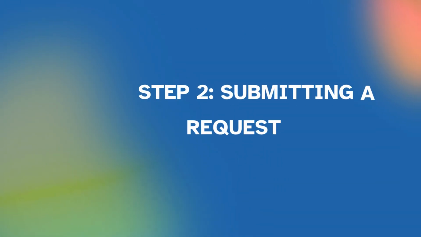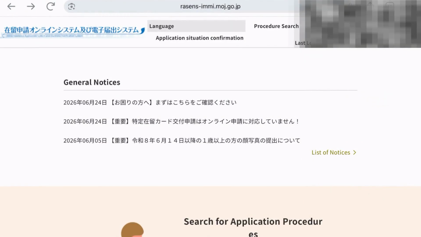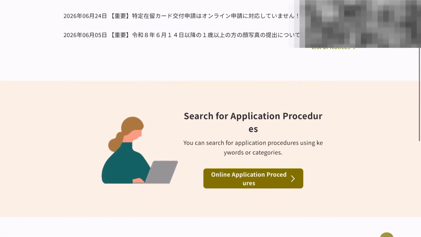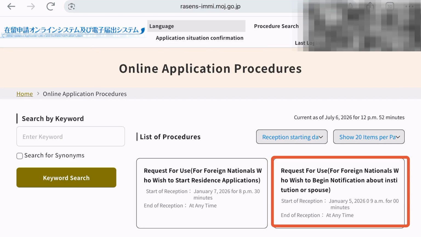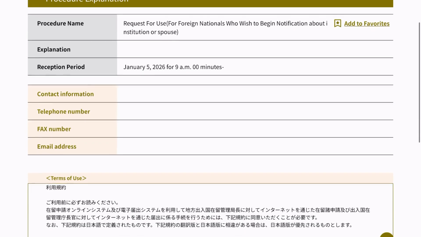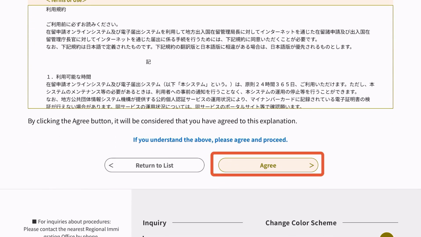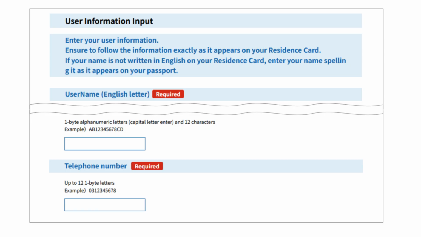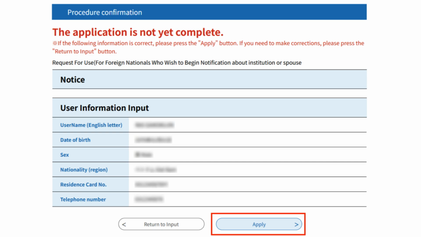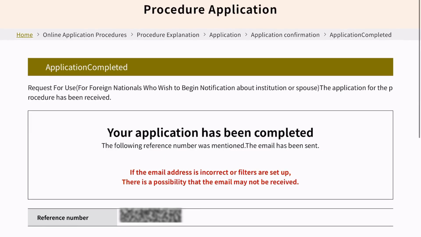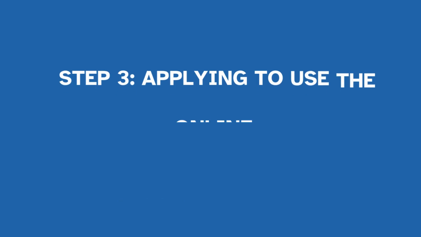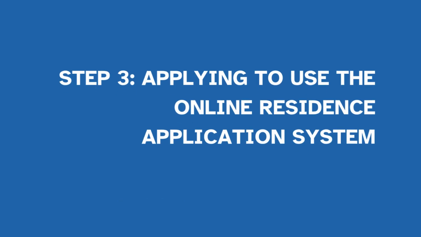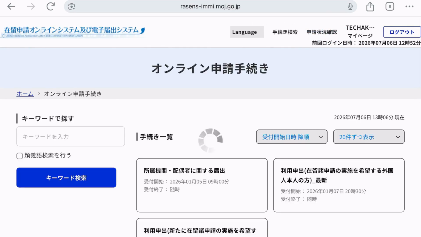Now step 2, submitting a request for use. As you log in with the username that you just received, you are now able to request to use the application system. You need to agree again to their terms and conditions. Again, you need to put in information about yourself: username, sex, date of birth, and then confirm the information, and that's it. Once this is done, you will get an email that you are now able to apply for the notification